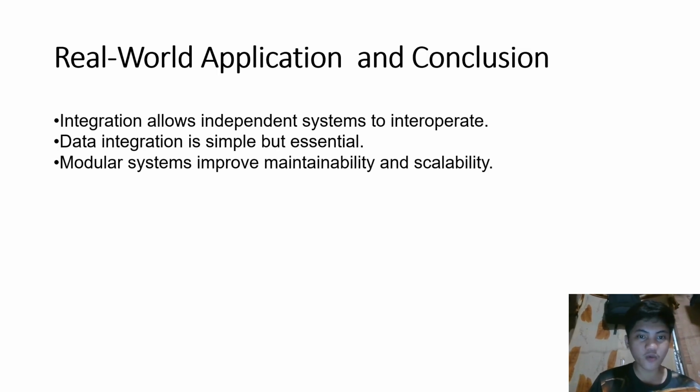Now, real-world applications. These challenges are handled by ETL pipelines, APIs, or middleware. For example, in a school, the enrollment system generates student data which is then consumed by the student portal for display. In finance, the HR system provides employee information to payroll systems for salary computation. The concept demonstrated here, separate systems communicating reliably through structured data, is fundamental to modern software engineering.